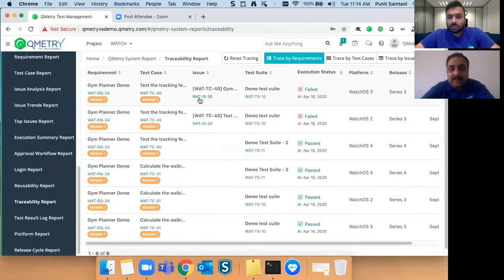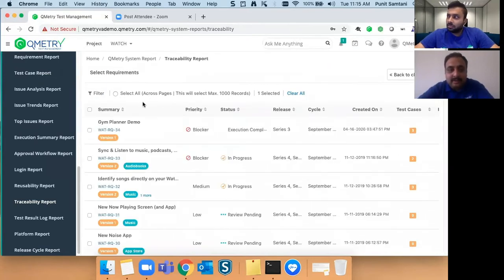Now, the traceability report gives you an end-to-end summary of your requirement and the execution status for that specific requirement. The traceability report can be generated in three ways. Mostly, a lot of teams love trace by requirements. Once you click on trace by requirements, Qmetry allows you to select your requirements based on multiple filters